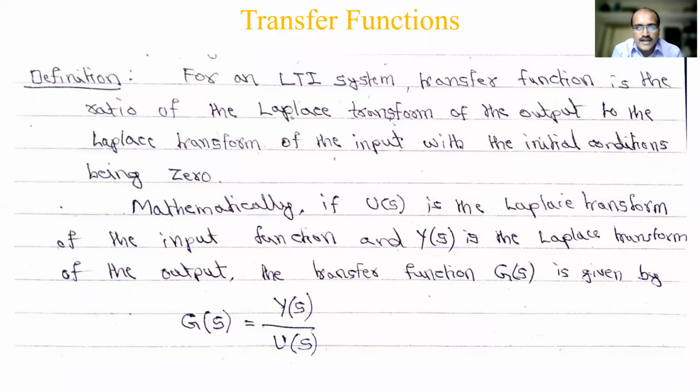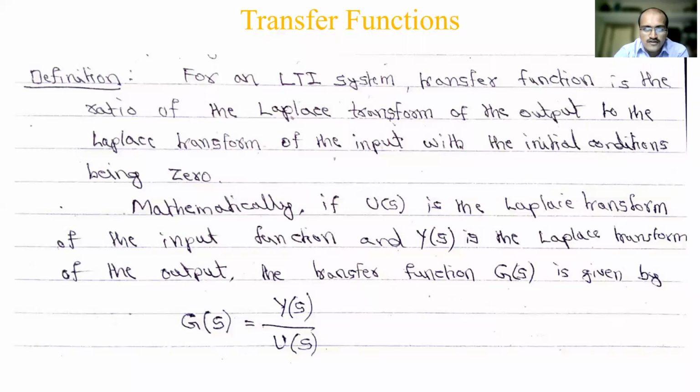For an LTI system, transfer function is the ratio of the Laplace transform of the output to the Laplace transform of the input with initial conditions being 0. See the assumption here. Okay, in Laplace transform we won't take the initial condition part. Last time we did network theory, lots of problems, right? Conventionally we consider initial conditions, and in Laplace transform also we can consider initial conditions or omit them. But when we are discussing this transfer function model, it is a drawback also, it will not consider initial conditions, but its definition is like this.